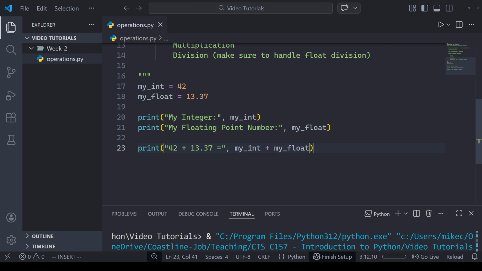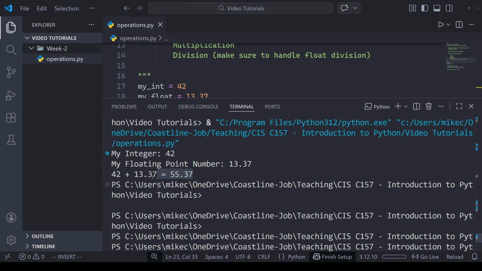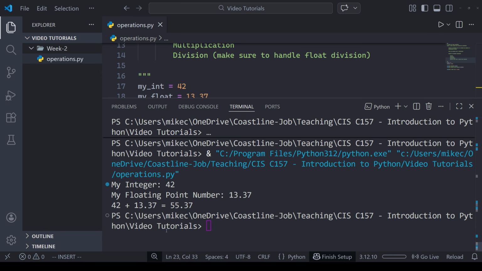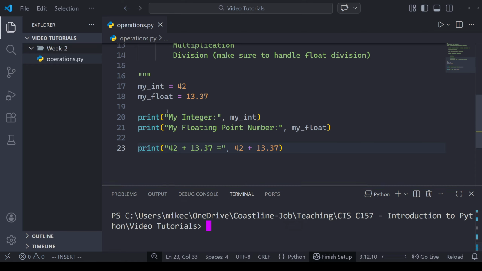One thing I want you to take note of here is that what I didn't do was type in 42 plus 13.37 outside of this. This would work too. If I run this, here are the results we have originally. If I run it again, it's going to be the same exact results. So it looks identical, no difference to the user, but there is a difference in the code here. One of the reasons we create variables and assign values to them is because the variable names are easier for us to keep track of and understand what they're meant to be, versus what are sometimes called magic numbers like these in the program.